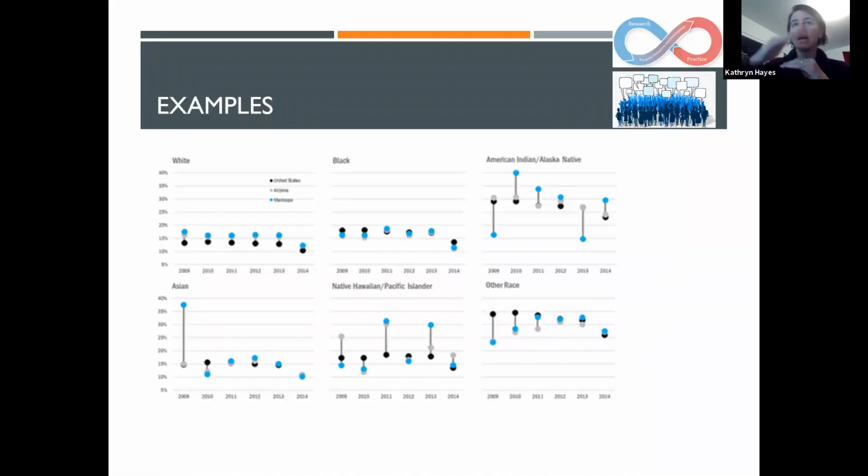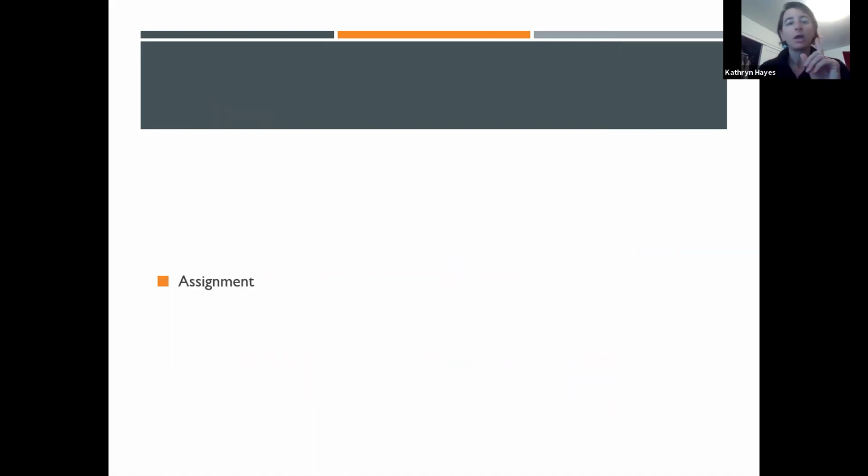Here's another pre to post, or this is actually comparing, I guess it's comparing areas. So different places, I don't even know what they're measuring, but they're measuring something and comparing it in different places. Okay, so that's just to give you an idea of why it's fun to be able